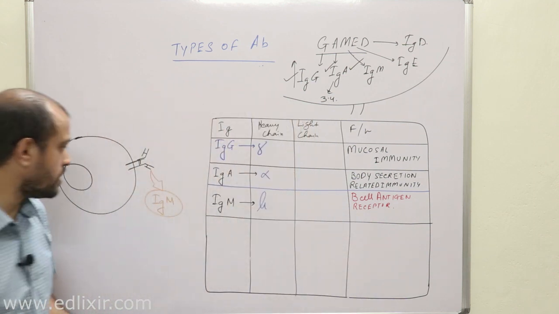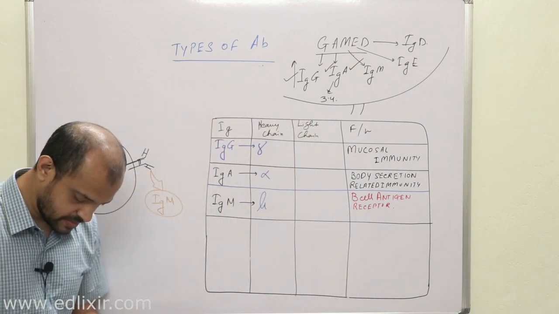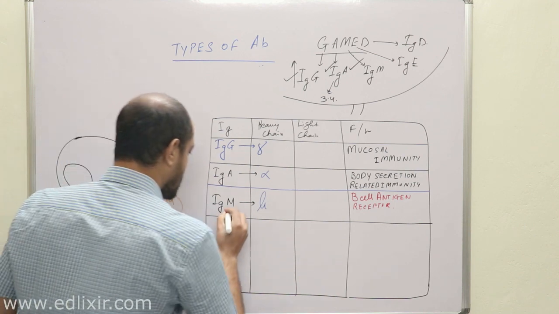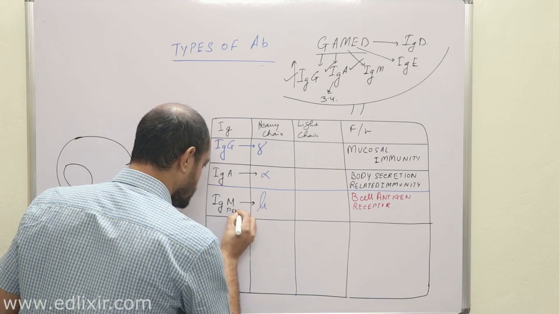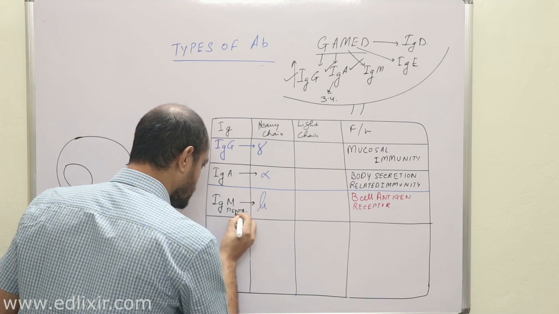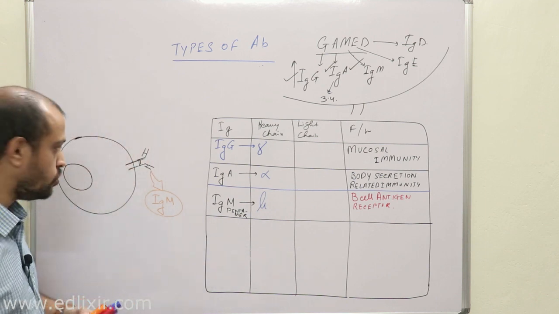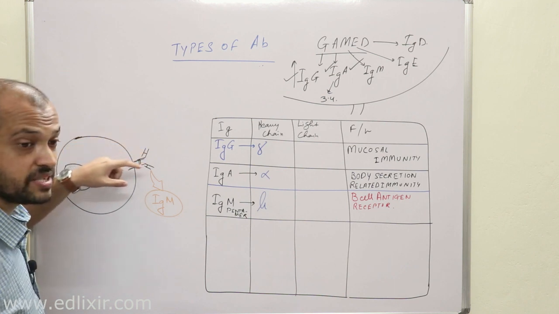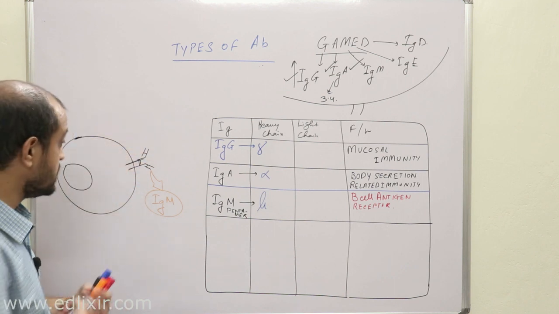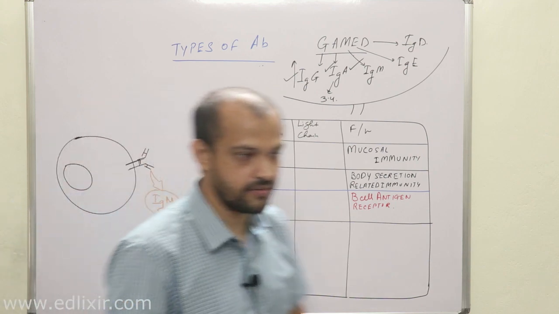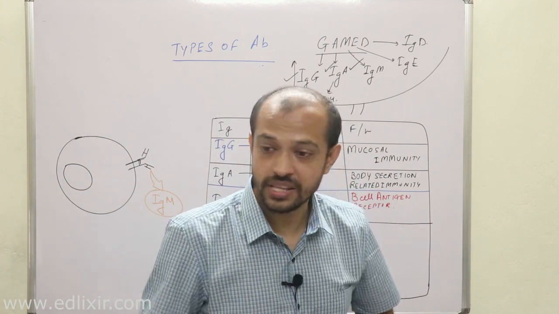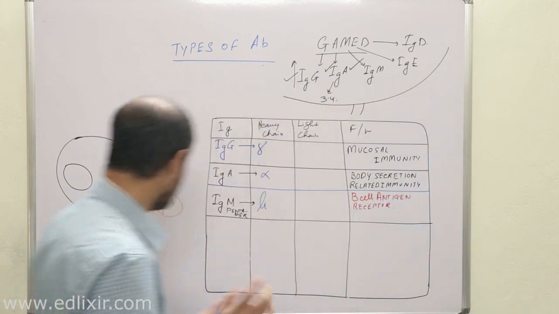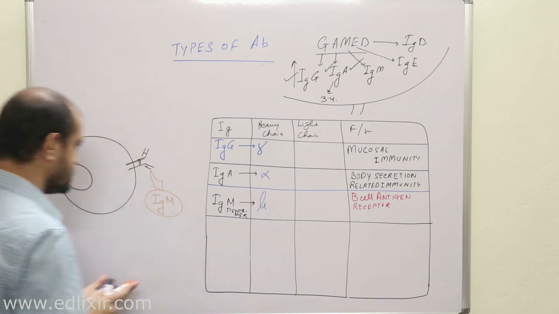Now a very important point you need to understand is that IgM has a peculiar property. IgM is actually a pentamer, you know that. But remember this for your entire life: those antibodies present on the B cell as B cell receptors or B cell antigen receptors are actually monomers. Though they are IgM, they are present as monomers, not pentamers. Clear? We'll talk about that later, don't worry. There are J chains and everything.